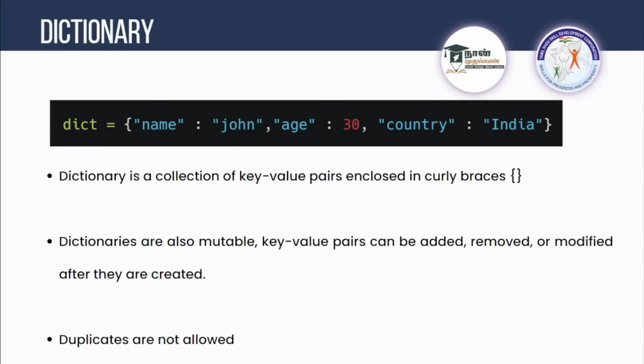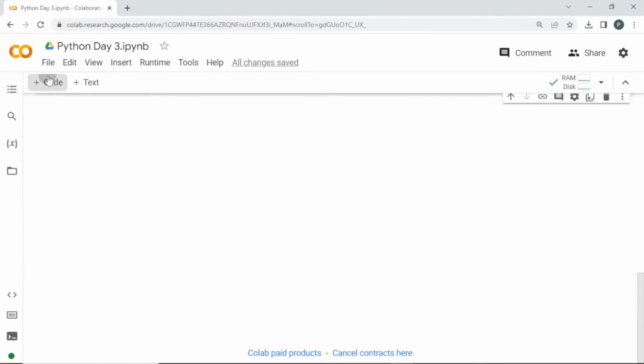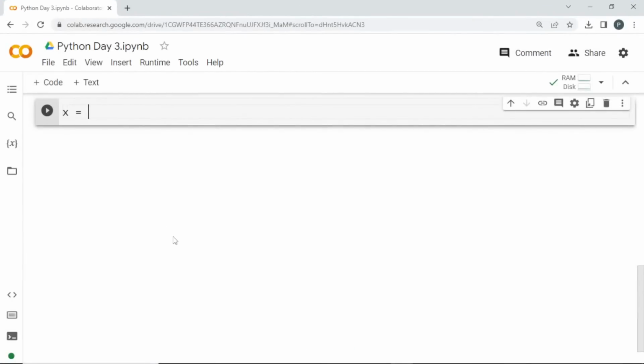So first let me create a dictionary, a sample dictionary. I have to create a key, and the value I'll store as John. Okay, I'll store comma,